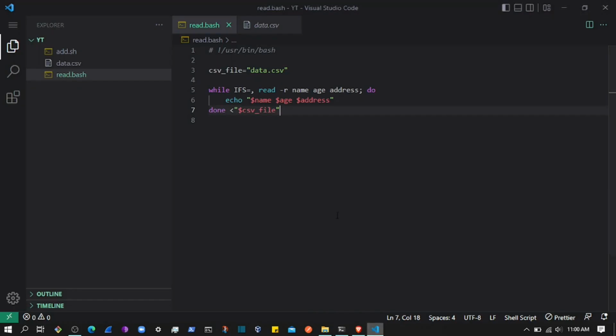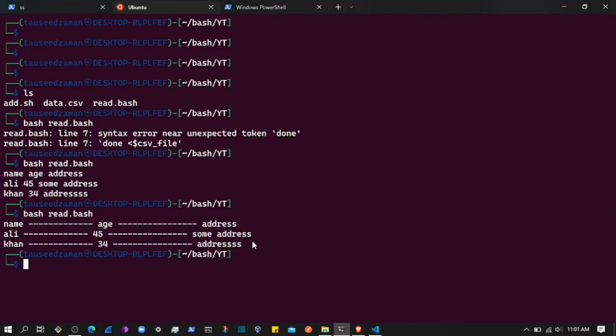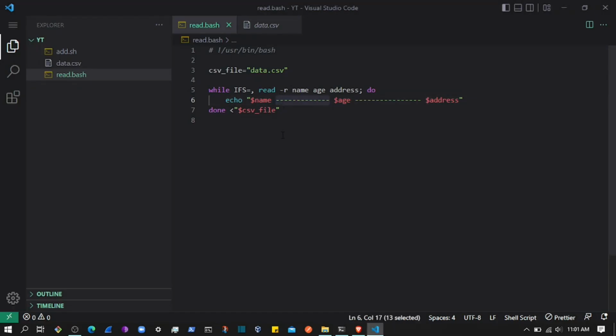Now we can add a separator here. Okay, we can identify that this is working and displaying the data from the CSV. So if I add some text, you can see we got those records along with the dashes that we added there in the echo command. Now we can find a specific record as well. We can add a condition, and if that condition is matched, we will list that record only. So to do that